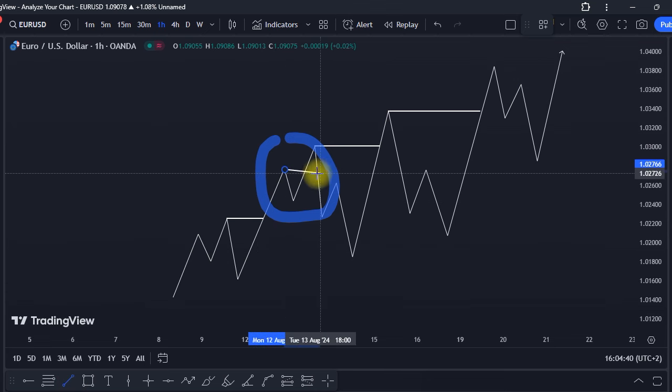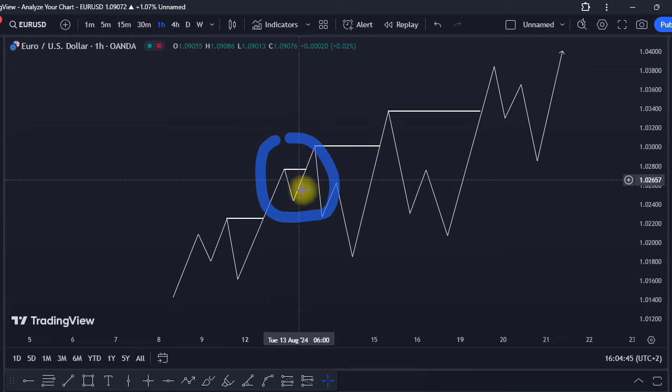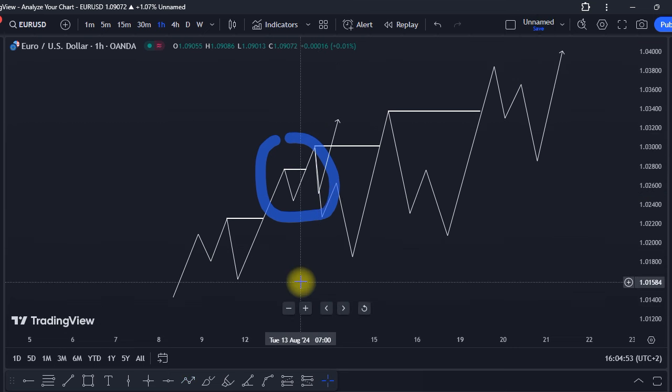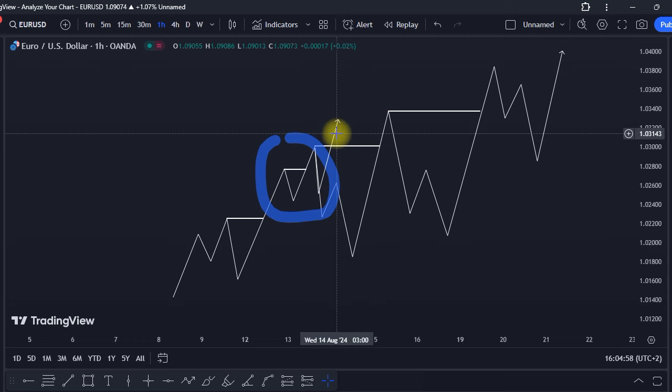Okay, now taking this as a breakout of structure, that simply means you are looking to buy, where you are looking for the market to retrace into your area like this and then push to the upside, and that is most likely not going to happen. So if that fails to happen,